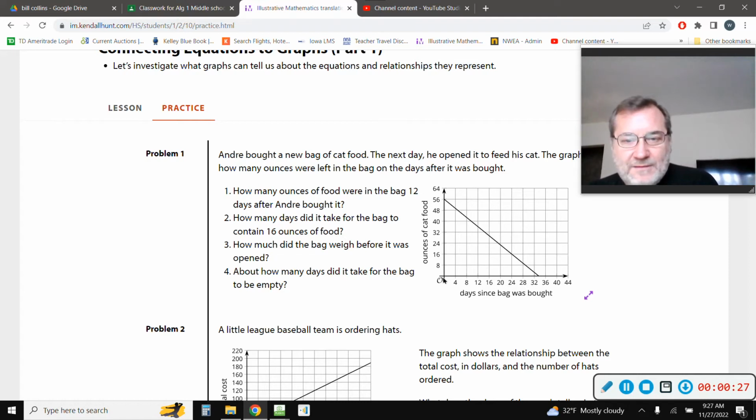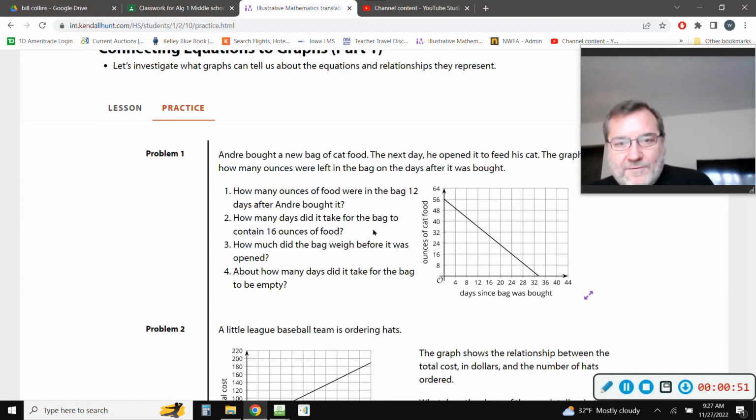So at day 0, he starts at 56 ounces of cat food. And then over the span of, it looks like maybe 33 days or so, he got down to 0. So he has an empty cat food bag. Okay? So it says how many ounces of food. So this is ounces of cat food. That's what we're looking for. How many ounces of cat food were in the bag